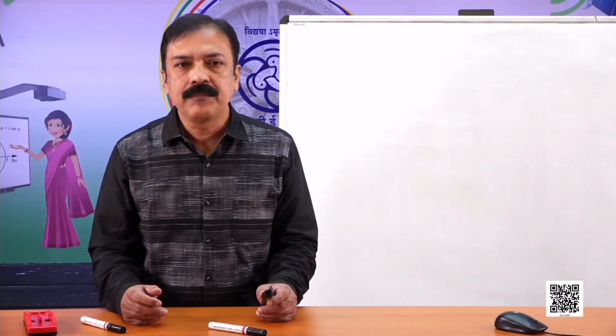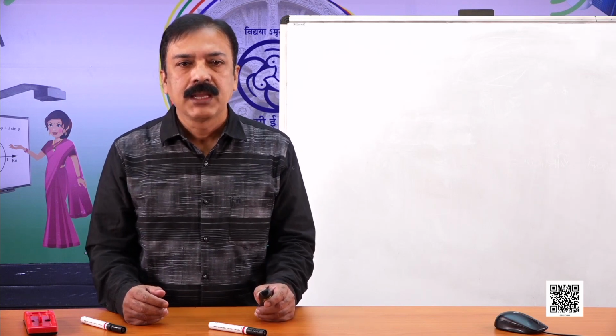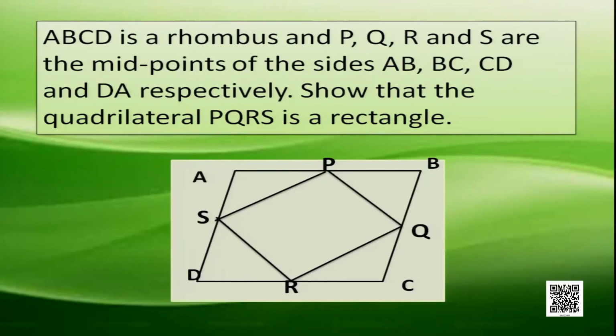Now, let's see the application of this theorem. This question is, ABCD is a rhombus and P, Q, R and S are the midpoints of sides AB, BC, CD and DA respectively. Show that the quadrilateral PQRS is a rectangle. So, here